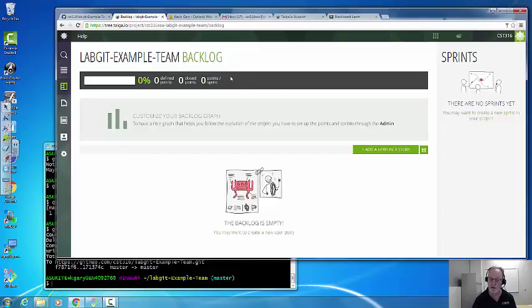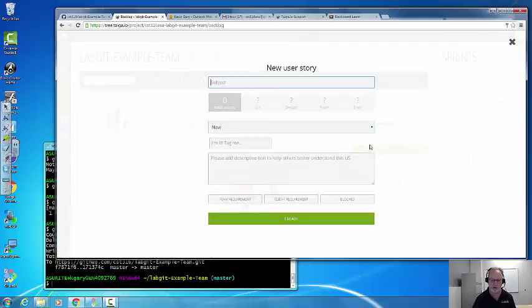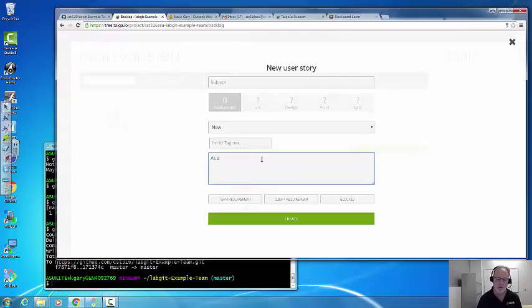So let's go ahead and start creating our product backlog. Let's add a new user story. This is Taiga's dialogue for creating a new story. I like to start with the description. If you remember our user story note, the anatomy of a user story, in the description is where I like to put the "as a whatever." In this case, this is a LabGet example. So maybe this is a project to help me manage the lab that I gave you on Git to upgrade it. So maybe as an instructor role,